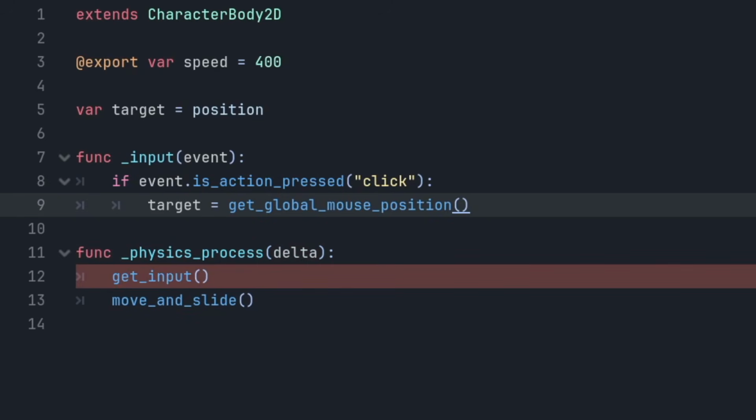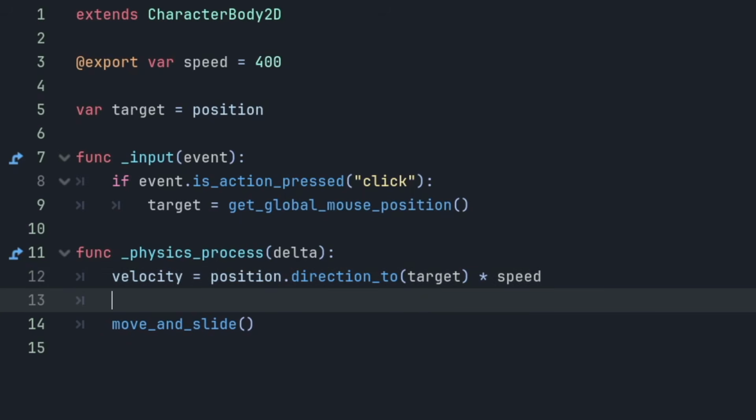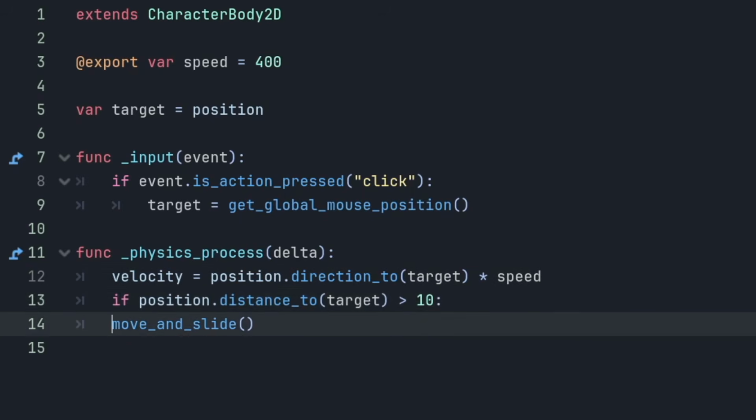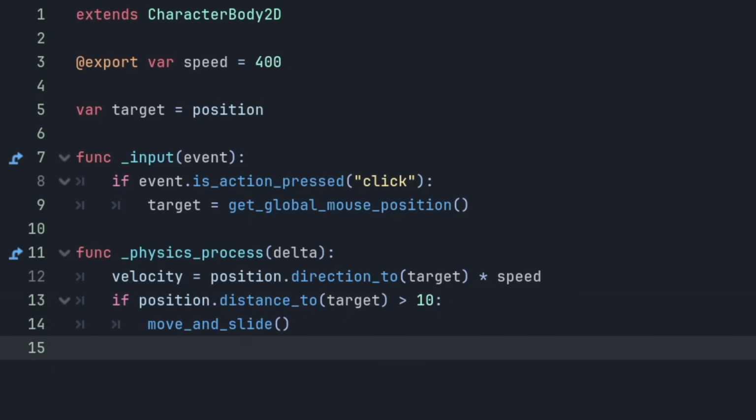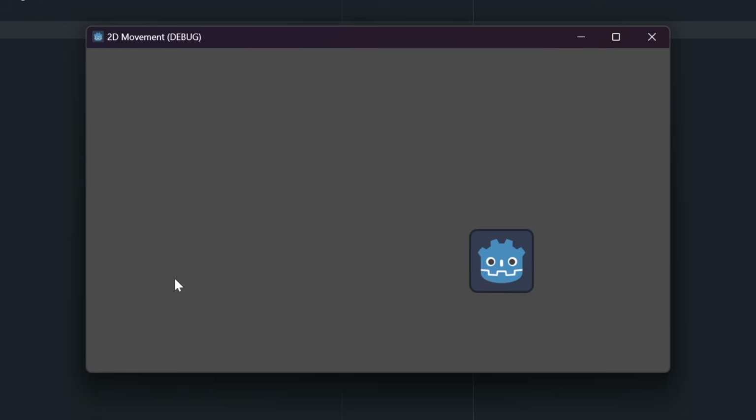Now we can remove the getInput method from physics process and define our velocity vector using the direction2 function, passing in the target coordinates and multiplying times the speed we want the character to move. To avoid making the character jitter when it gets too close to the destination, we'll add a condition to check that it's far enough away before calling moveAndSlide. Now we can run the scene and the character will move to the position on the screen where the mouse